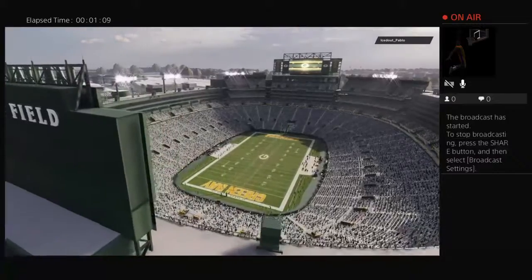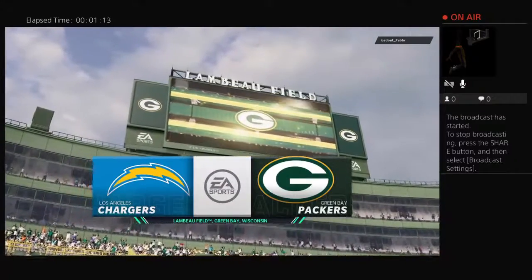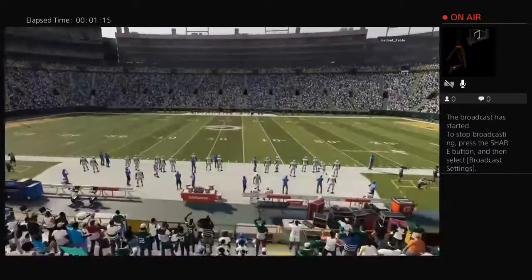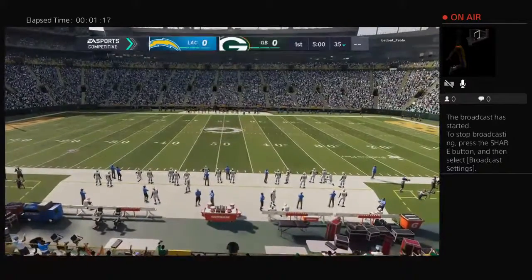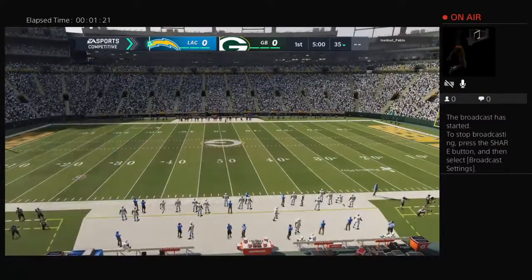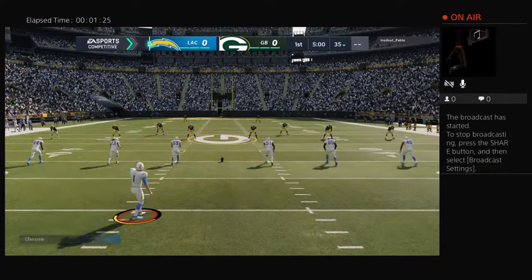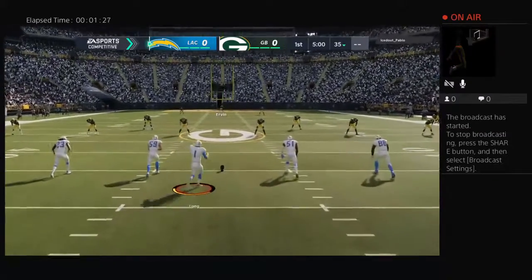EA Sports coverage of the National Football League brings us to legendary Lambeau Field in Green Bay. We all know this community lives for its Packers, and the green and gold came out of the tunnel a short time ago, and it was loud. We are ready for football, so are they, as the Packers get set to match up with the Los Angeles